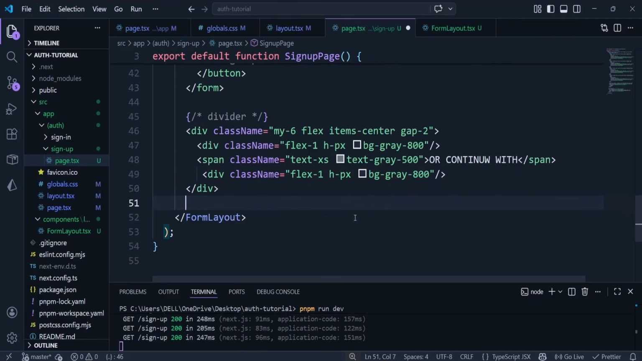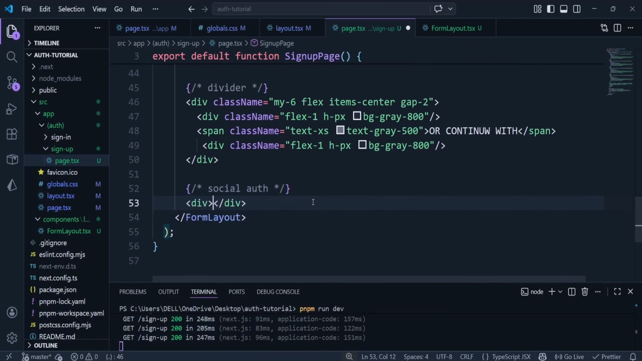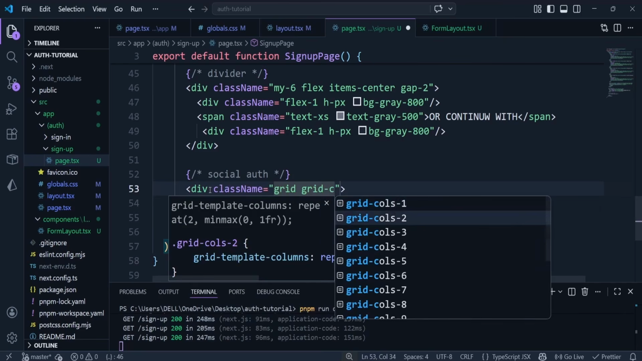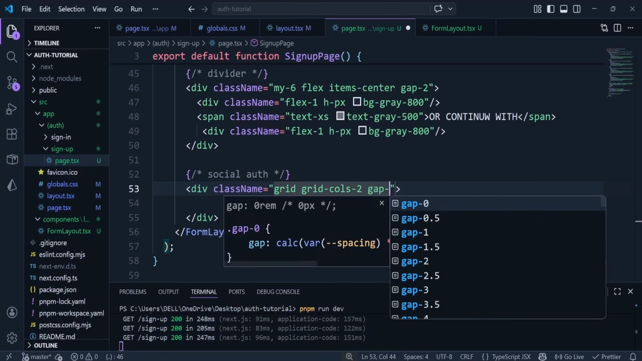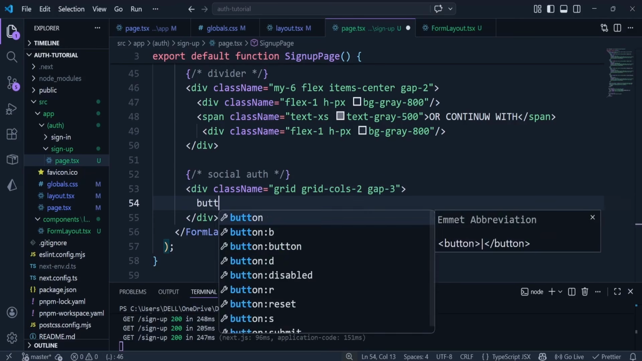And after this, we're going to create the option for a social auth, create the UI for that. Now here, I want to create a div. We'll give this div a Tailwind class of grid grid-cols-2, which means we want 2 columns per row, and then we want there to be a gap-3 between the items. Now the first item is going to be a button tag